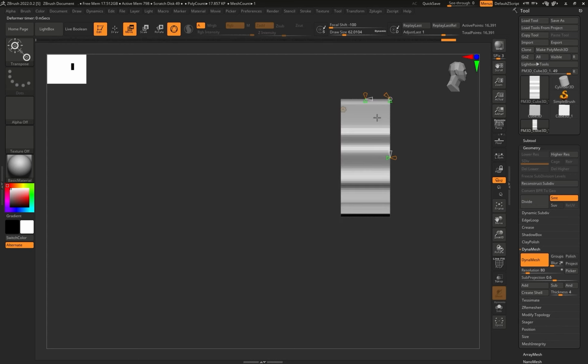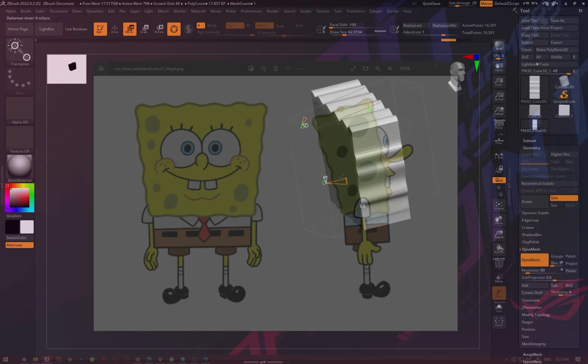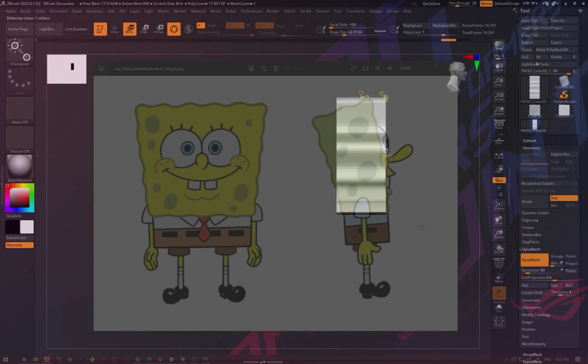Okay, if I click it, you can see there are a lot of arrows which represent axes. So we can control these axes or these arrows by dragging on them. So we can see what these do. The white arrow doesn't do anything for now, so it needs other arrows in order for it to work. The orange arrow, as you can see, if I drag it, it rotates the model. So this is the rotation axis for the deformer. We can rotate it from any angle, basically. Okay, and the green arrow does something interesting, or it